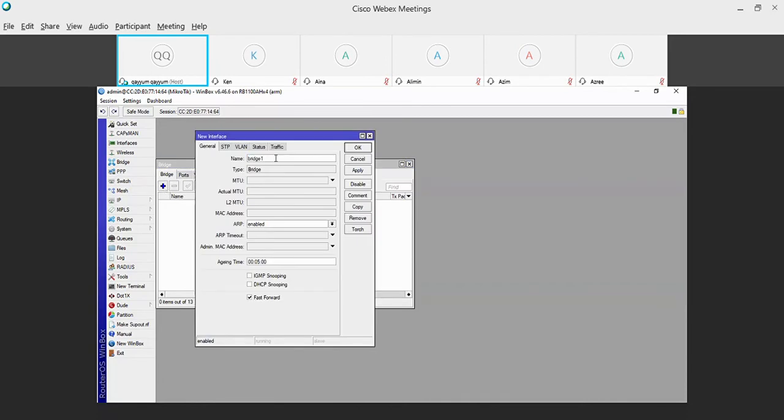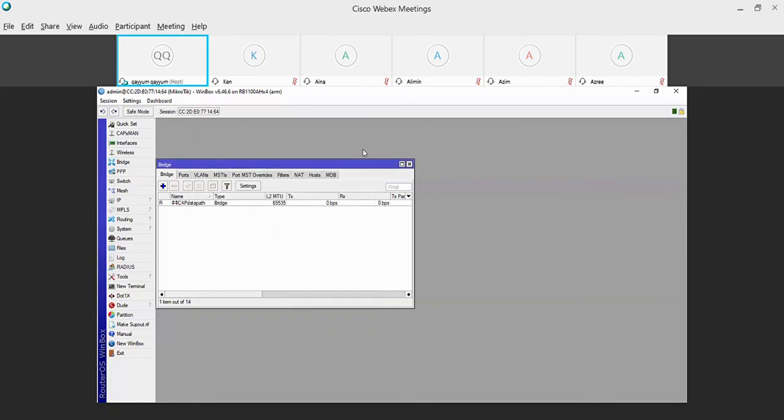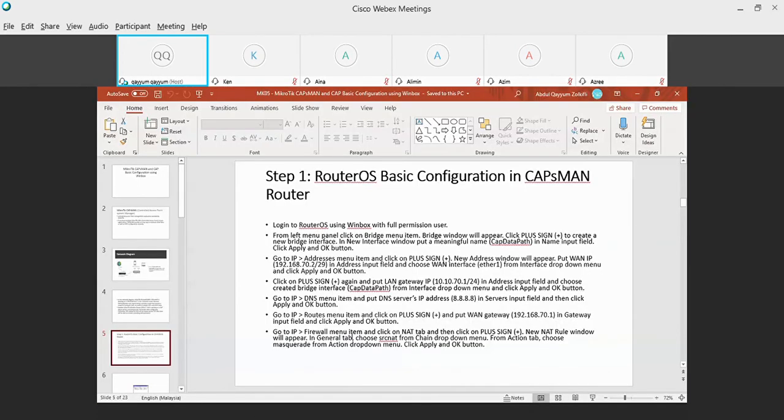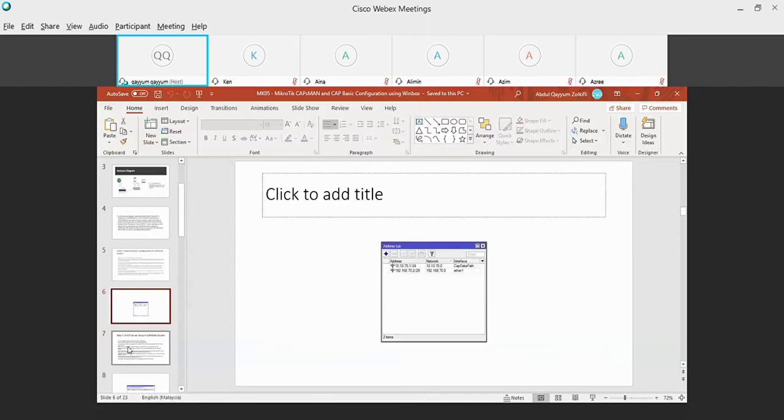You can put any name, maybe cap data path, for example, and you just apply. This is the data path that will be used later for your CAP to be connected to the CAPsMAN. So the bridge is already configured.